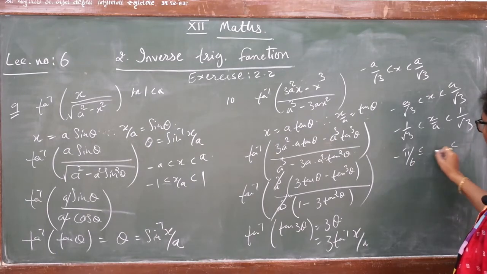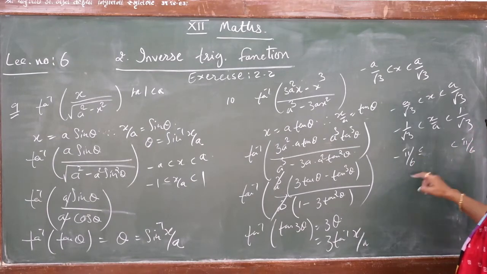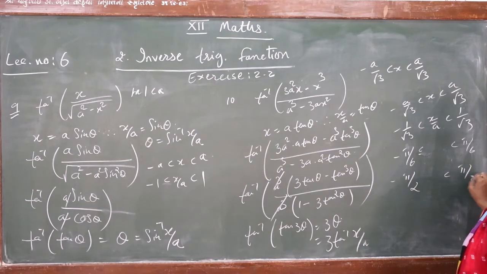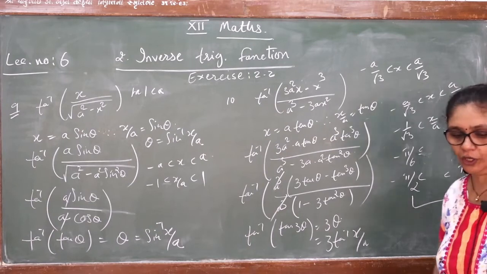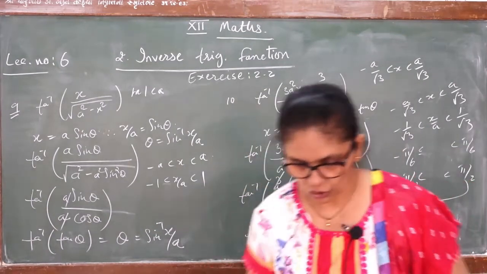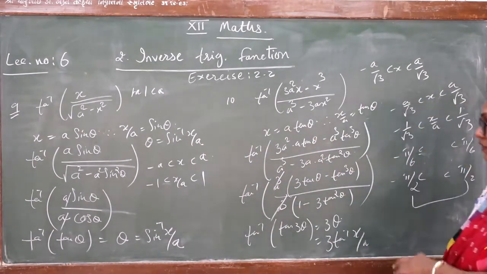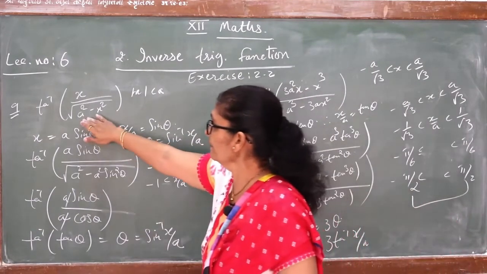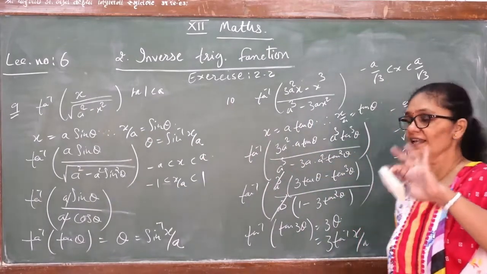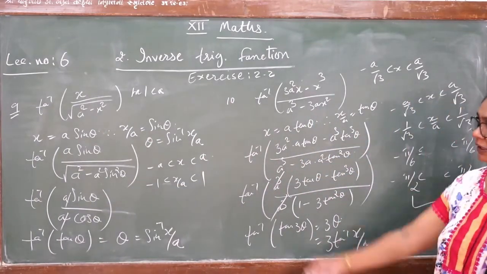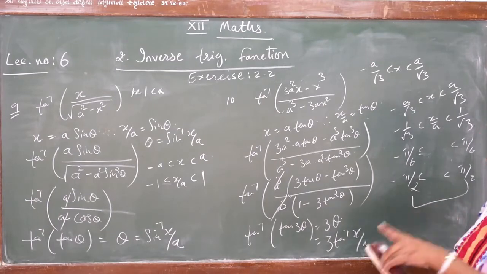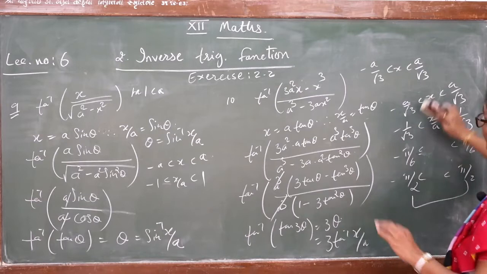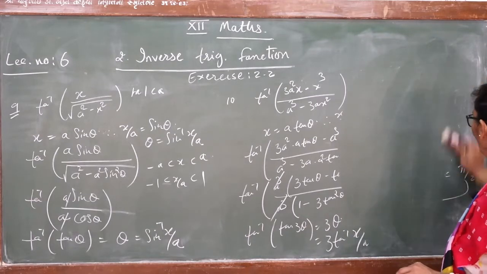Minus pi by 6 to plus pi by 6 means what? When you multiply with 3, you get minus pi by 2 to plus pi by 2, and that is only your range for tan and sine. So we can keep it as it is. Now check both the questions, how we have taken the assumption. When any constant is given, only one change is there: the assumption is the same as your simple question, but that constant will be chosen with sine, cos, tan, whatever is given. Now we have completed the 10th question. Now we start the 11th.